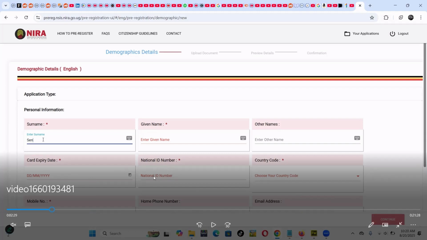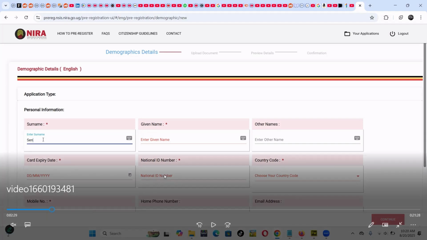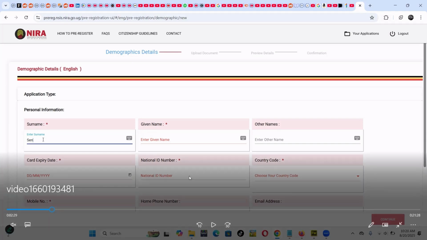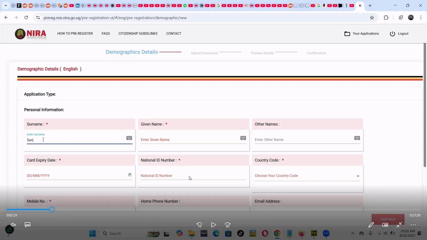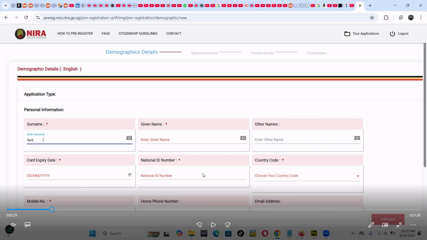Put your national ID number. Okay. So me, I put my NIN number. I believe the national ID number and the NIN number are always unique. So here I entered my NIN number, but I think you can also use your national ID number. Okay, then country code,